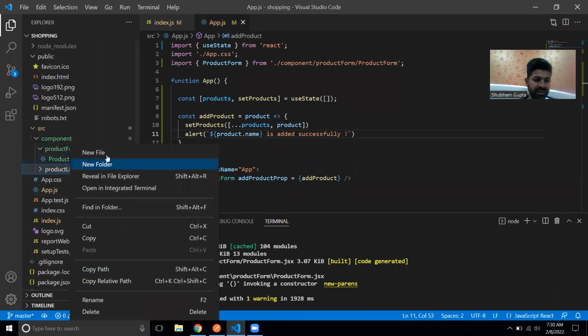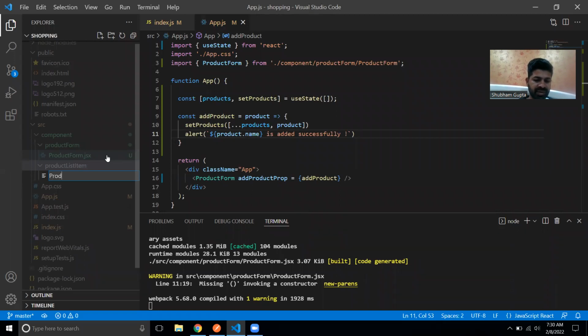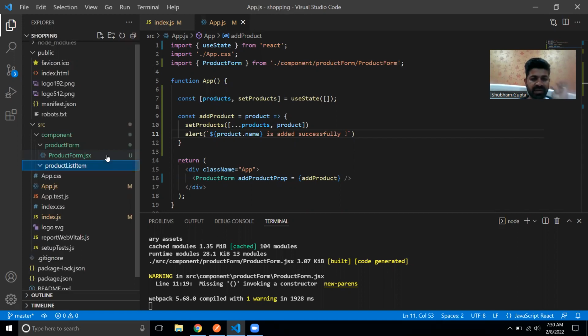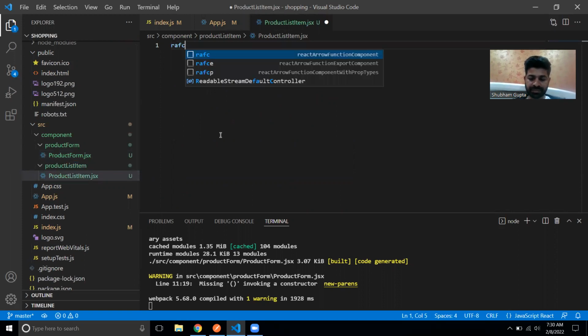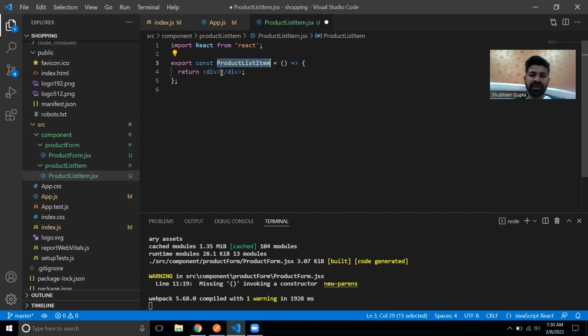Okay, so in this, let's create another file. Let's call it product list item.jsx. Perfect. So here I'm doing RAFC for the code snippets, right? And here, what we need to do, we just need to print all of the things. And how? So what we can do, let's suppose within this we have item. And here we need to print the,